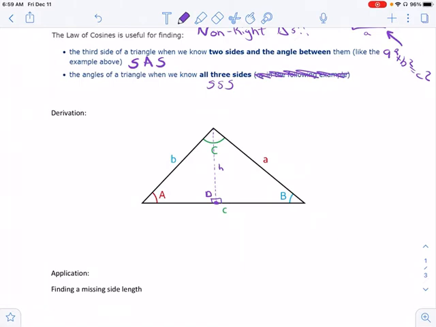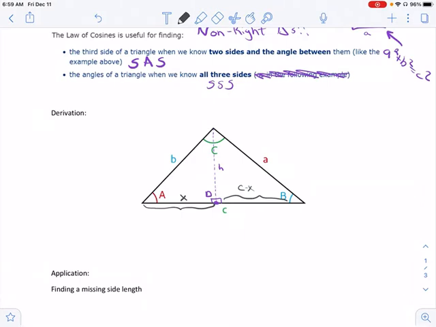And then the last little piece that I want to do is to say, we'll call this distance here, this shorter side of c, x. And then that makes this longer side c minus x. Okay, right? Because c is that whole distance from A to B. So if I take x away, I'm left with c minus x. All right, so this now gives me the ability to write all the equations that I actually have to. And because I have right triangles, I can go back and use just some basic